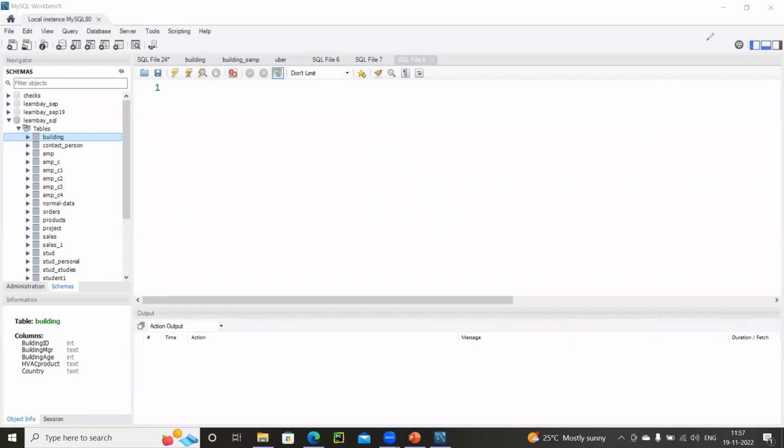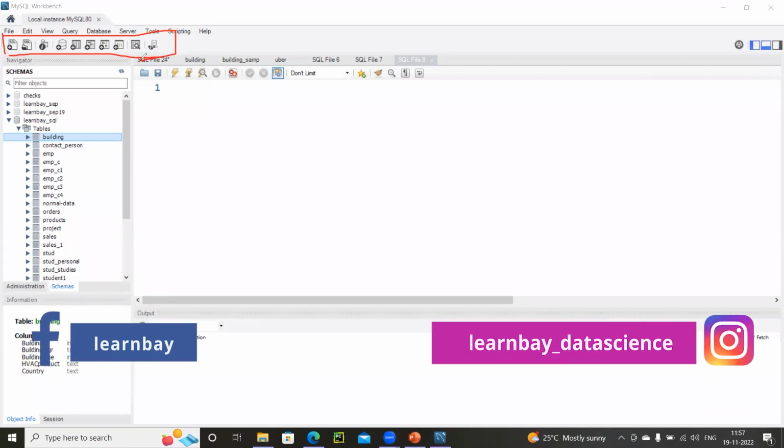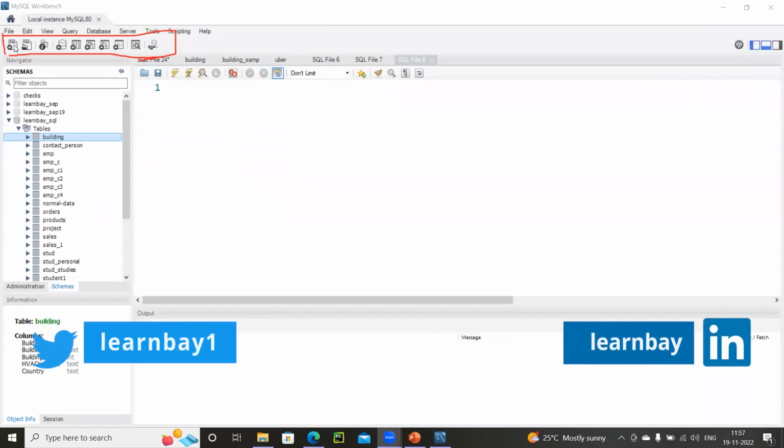Now, apart from that, you will basically have a few icons on the top. Now, all of them right now you don't need to know, but a few of them I'll explain, which certainly help you. Now, the very first one, if you keep your cursor on it, you will get some idea on it.